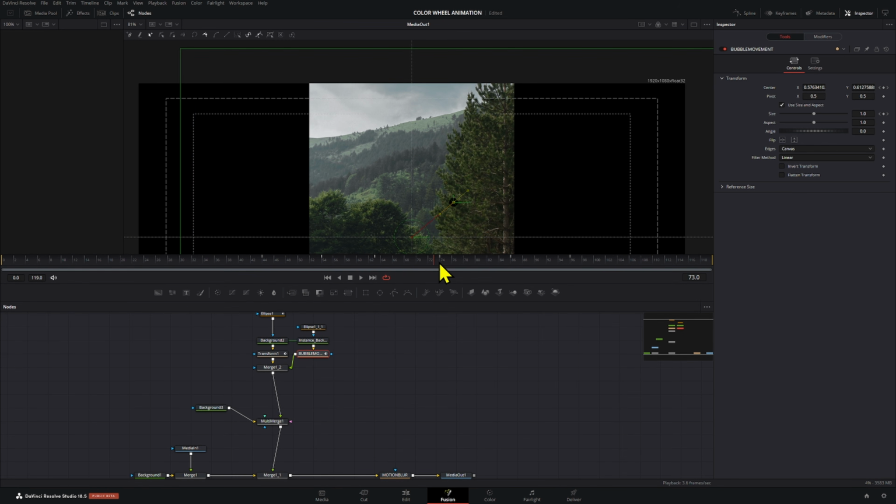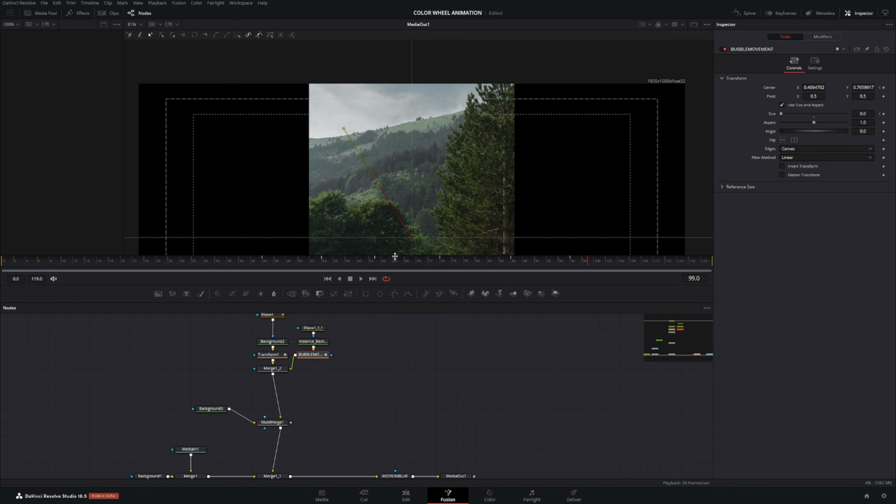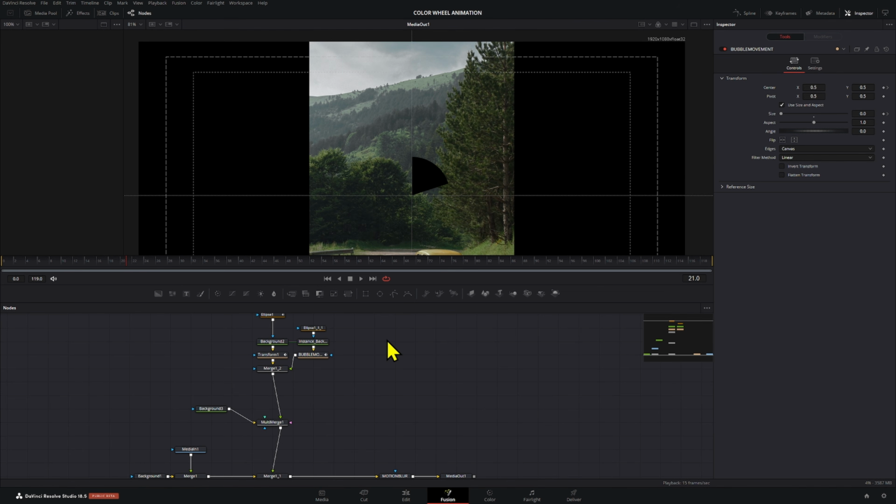Now make sure you're on this frame where the animation reaches a final point, and that way you can move it more easily. But if you don't want to wait, just make sure to click this little point, which is insert and modify. That way, if you're not on there, it doesn't create a new keyframe. Sometimes if you move it around with another of these selected, it creates another keyframe, and that will mess up your animation. So we have that there, and I think all of those things are pretty much ready to go.